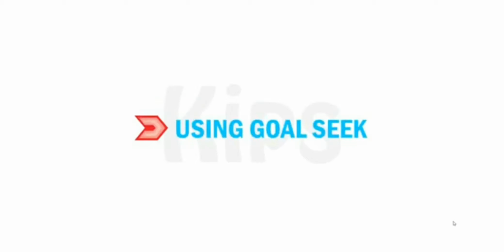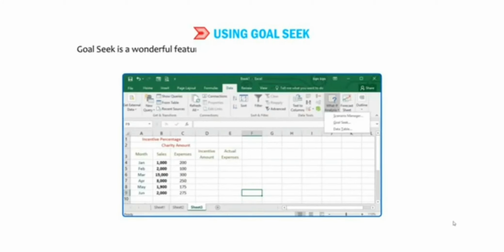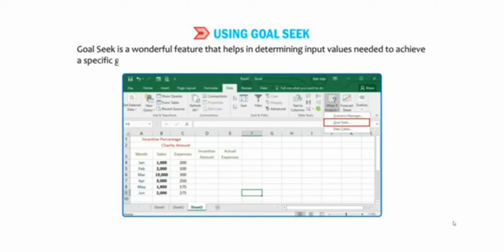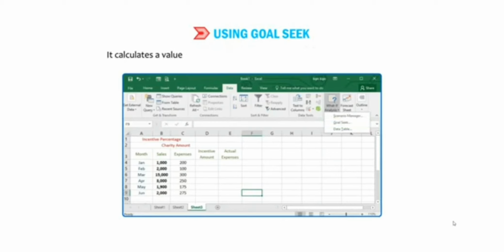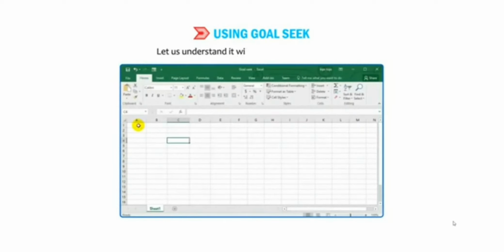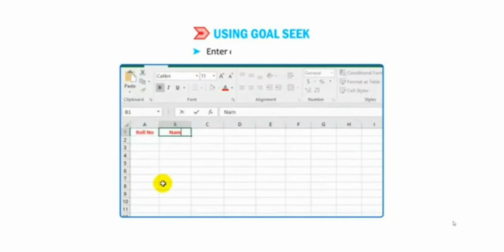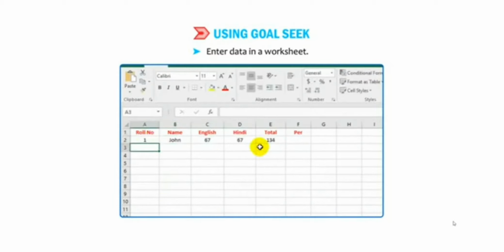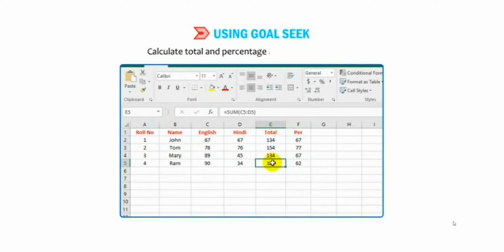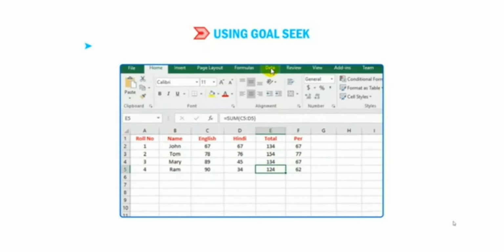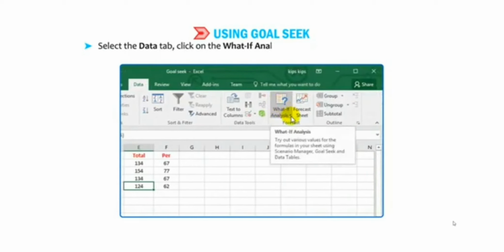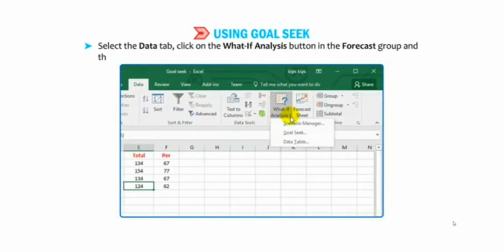Let us now move to another wonderful feature in Excel, Goal Seek. Goal Seek is a wonderful feature that helps in determining input values needed to achieve a specific goal. It calculates a value by performing what-if analysis on a given set of values. Let us understand it with the help of an example. Enter data in a worksheet. Calculate total and percentage as shown in the figure. Select the Data tab. Click on the What If Analysis button in the Forecast group and then select Goal Seek